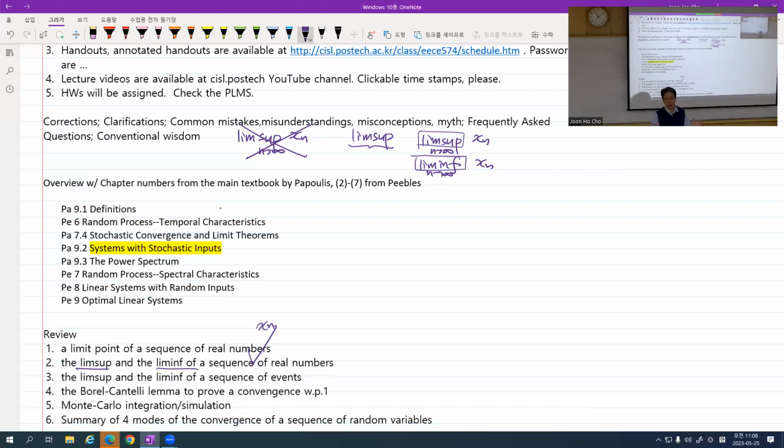And then say that, okay, this number, the limit of the sequence, equals lim sup equals lim inf, in case the sequence has the limit. Got it? Similarly,